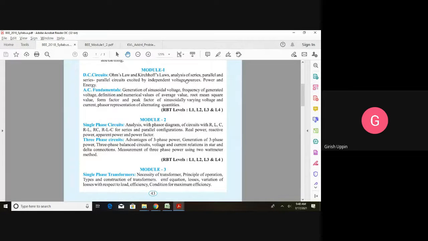Then we will see the analysis of series and parallel combinations of resistors. In a DC circuit, we have only one load, that is a resistor. If we connect resistors in series, what would be the behavior? If we connect them in parallel, what would be the behavior? If we connect them in series and parallel combination, we will see how to solve those circuits. Then power and energy: the concept of power and energy, the definitions of power and energy which you should remember, and the equations based on them.